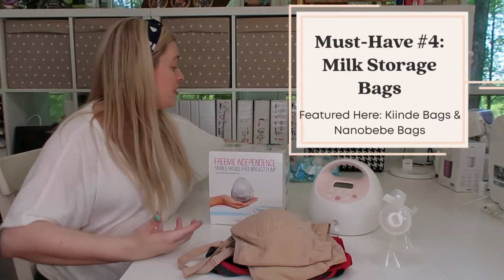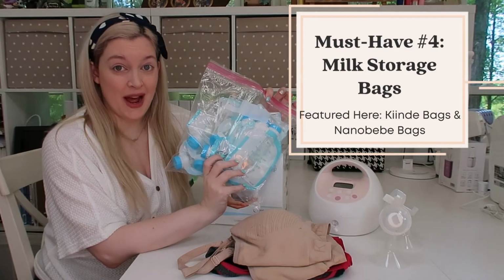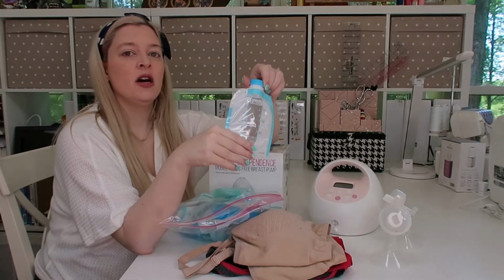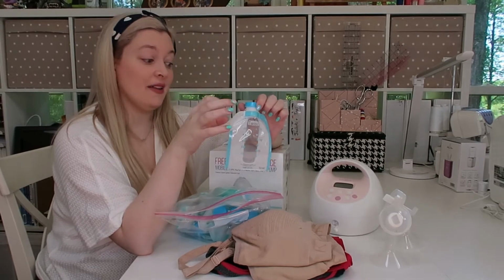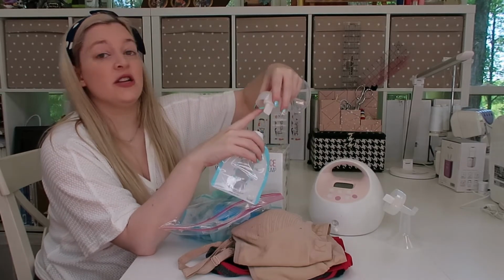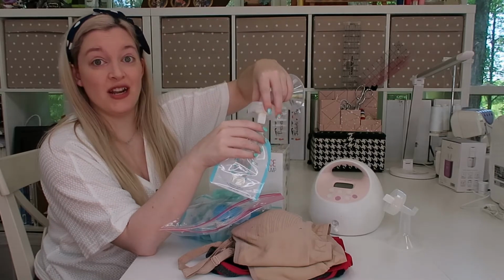So I have here a bag of a variety of different kinds of storage bags that I have used, and they all have their different uses. So this is the Kind Twist bags. I'll tell you what I like about them and also what I gripe about them. I like them because you can actually fit it directly onto the flanges if you're using a Spectra. So there's an adapter that comes with it. You can hook the adapter on here and then screw it straight in here and you can pump